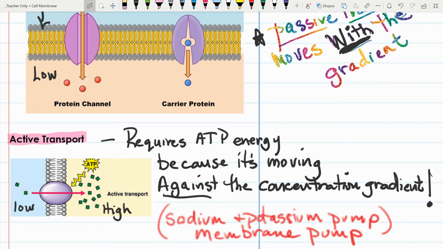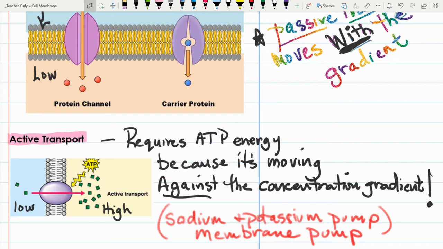Active transport requires ATP. Why does this require fuel or ATP? Well, because it's moving against the concentration gradient. It's moving in the opposite direction of the natural flow. So imagine you trying to swim upriver or against the natural flow of the river. It's going to require you to use energy, right, to be able to swim in the opposite direction, just like